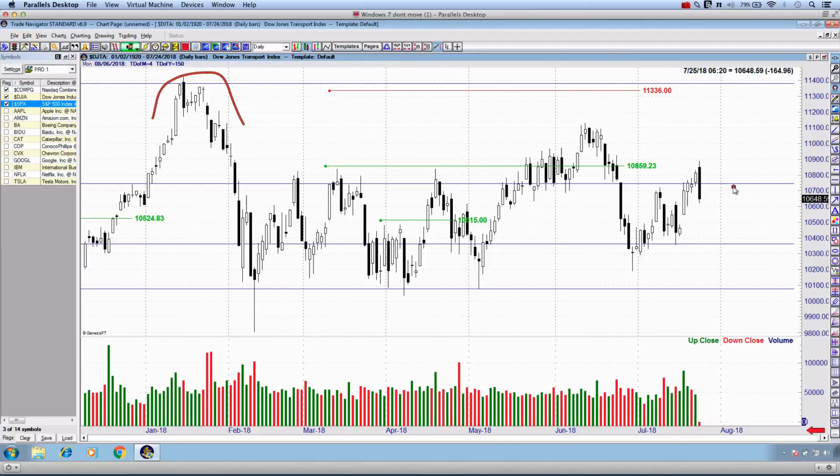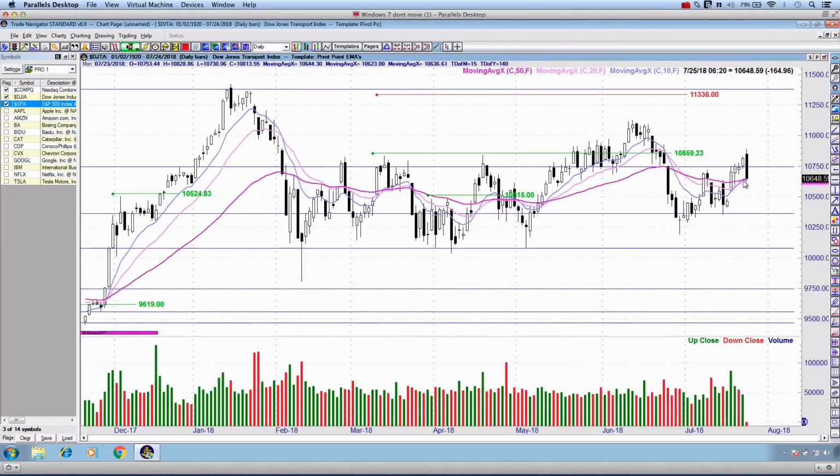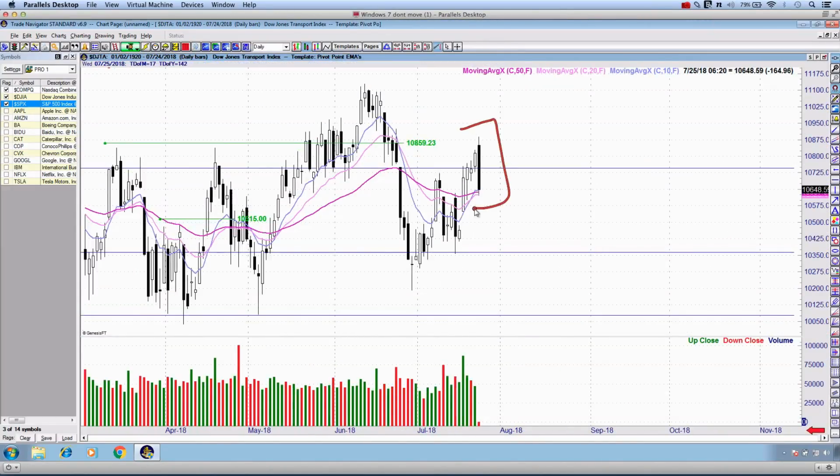In fact, we're back to the lows, or sorry, not so much the lows, but back to sort of resistance areas / support areas recently that we've been trading at since February 2018, most recently after the sell-off. So we're not really gaining any true traction as we've been pushing on and up. It's looking very similar to that of just a sideways channel. But when you see these candlesticks develop, and you can see that we've got this engulfing candlestick very close to